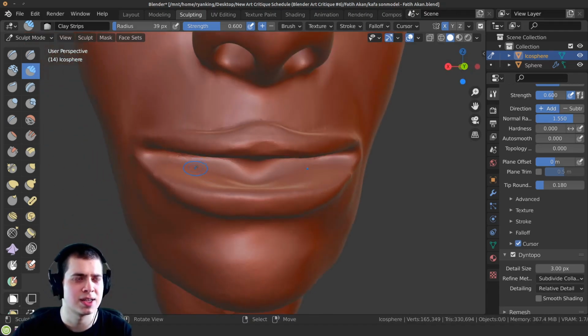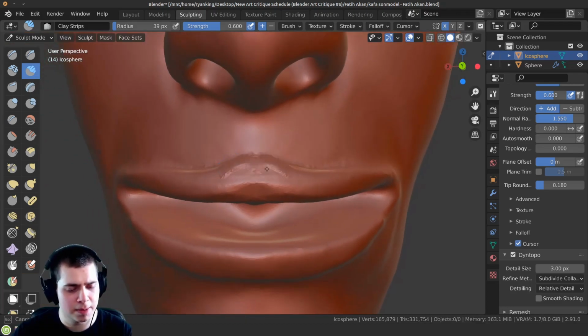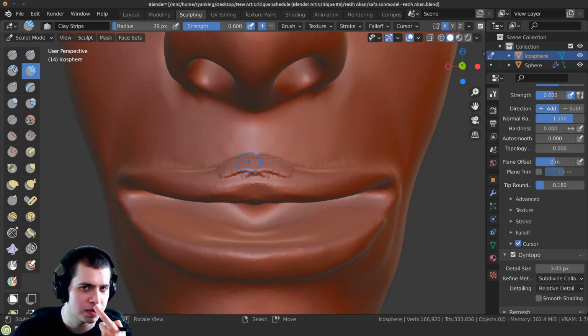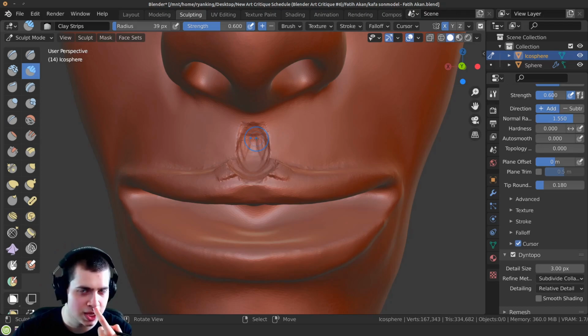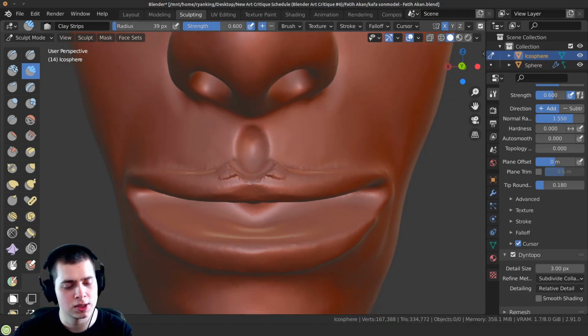It's kind of easy to make things kind of blobby or puffy with sculpting. So now for this, it's kind of bumping up like this, and actually there's usually a little bit of an indent on the center top lid. So I'm going to hold in the Control key and kind of go along here. Also making that little crease in there in between your nose and your mouth. There's usually like a little crease in there. So I'm just going to go along that and then hold in the Shift key and just smooth it out.